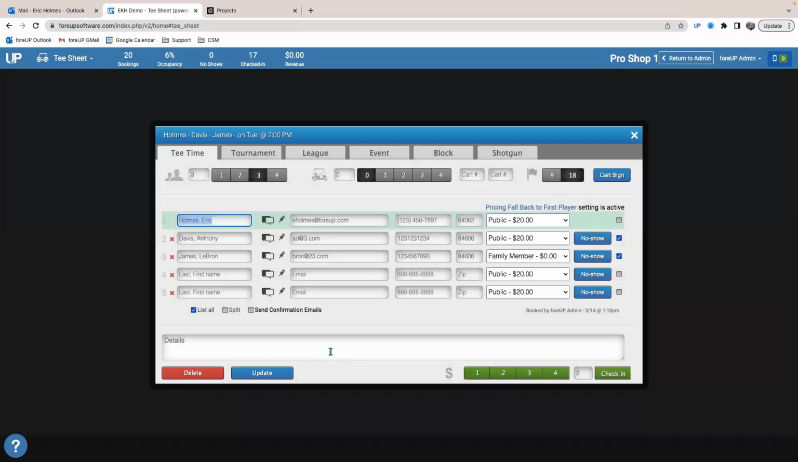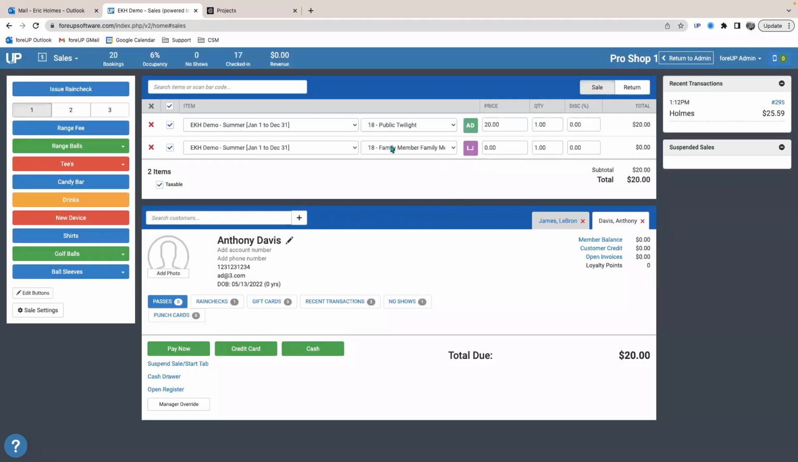Now, sometimes people come in 2 or 3 people at a time, and you don't want to have to go back and forth and repeat that process. So what you can do is you can leave these 2 checkboxes checked if AD and LeBron came in at the same time and hit check in. This will bring in both LeBron's time as well as AD's time. LeBron happens to be a member at this course and does not have to pay rates. So if I wanted to just check in LeBron really quick, I'm going to uncheck AD's time,